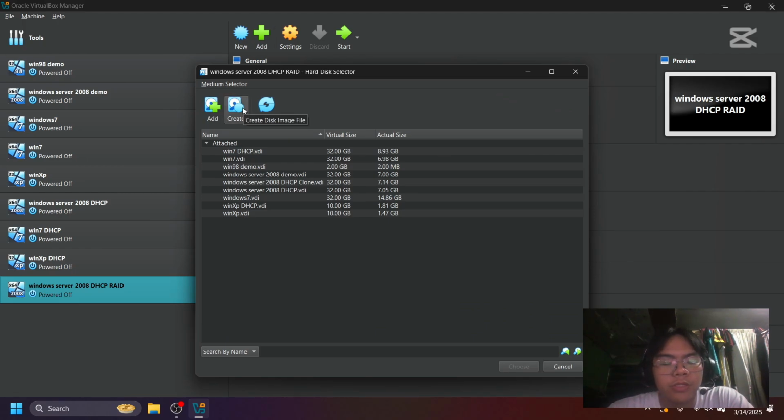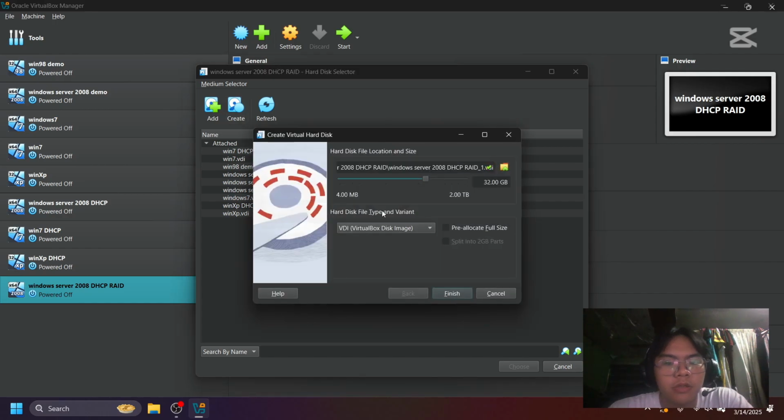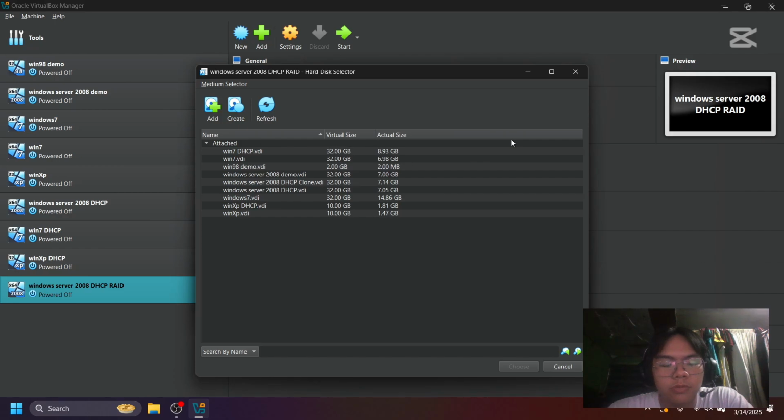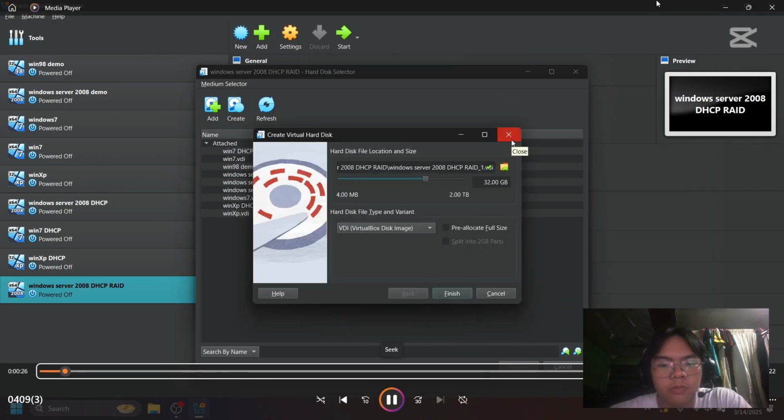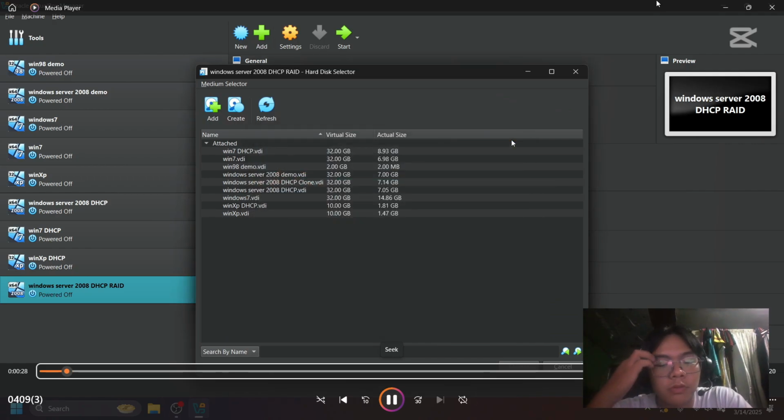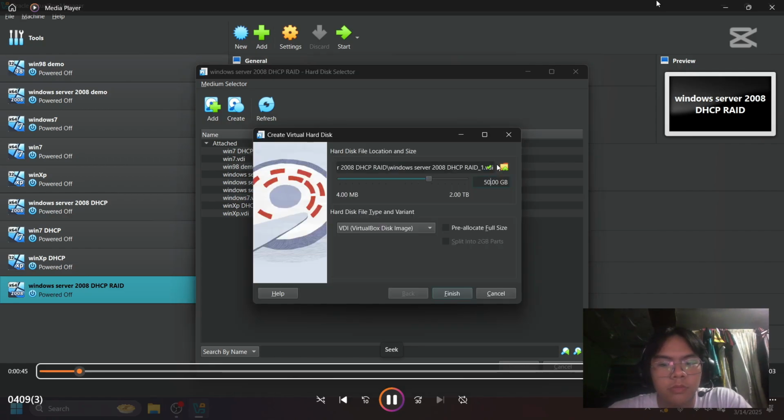Go to create this image file, then hit, go to storage file, then put 50 MB.